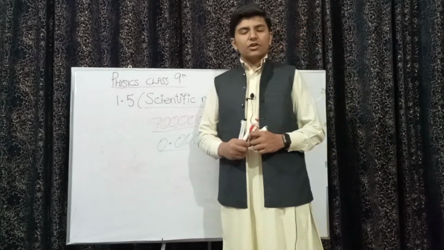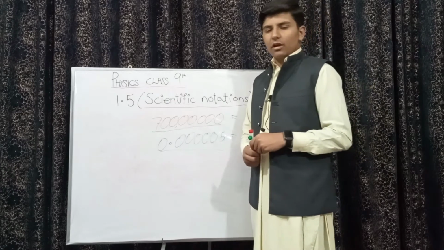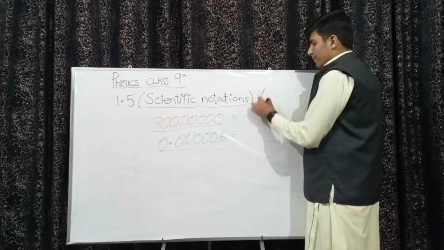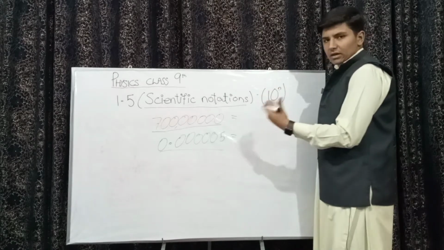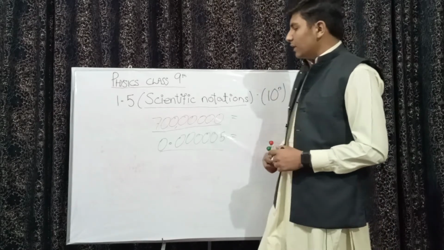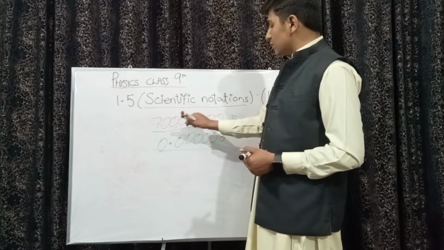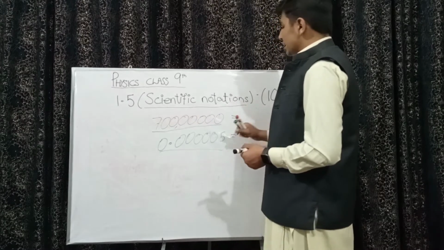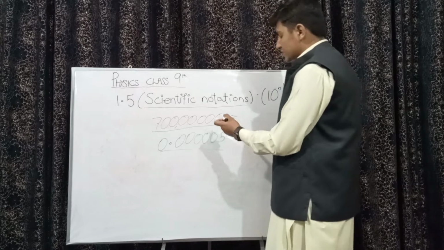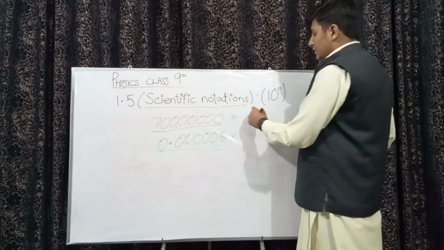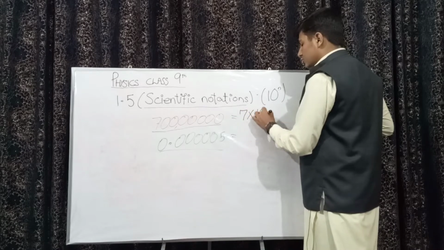Now there is a rule of scientific notation: whenever we are using scientific notation, we will be using 10 raised to power something. For example, if I want to change a very big quantity like 7000000 into scientific notation, I want to write it in a standard form. So I'll write it as 7 multiplied by 10 raised to power